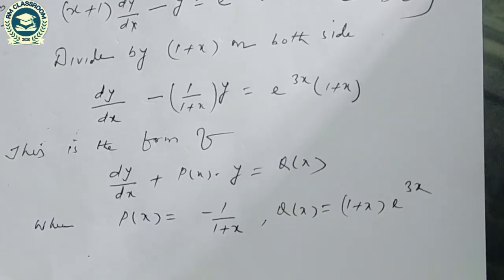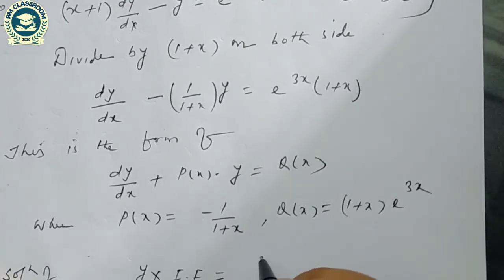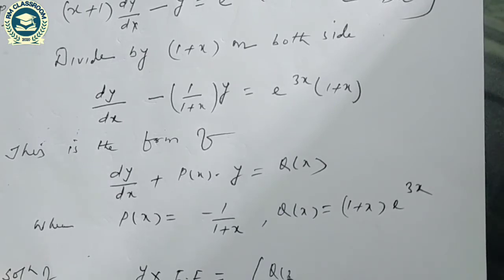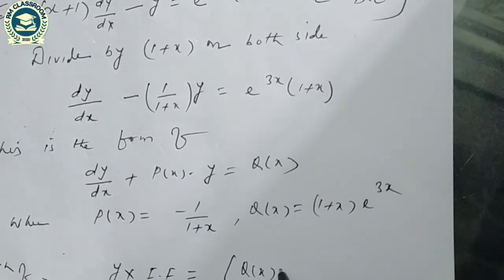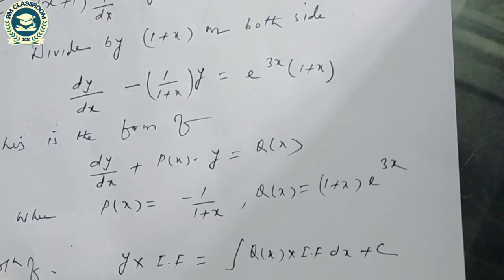So we know the solution of this differential equation. And what is the solution? The solution of this differential equation is nothing but y into integrating factor is equal to the integration of Q(x) into integrating factor into dx plus c, where